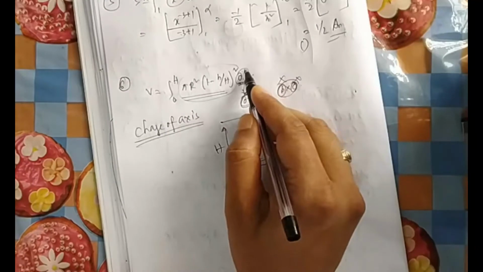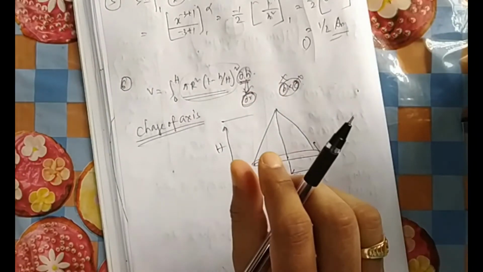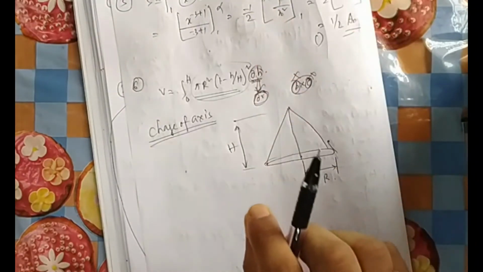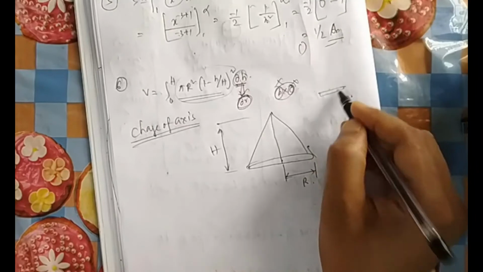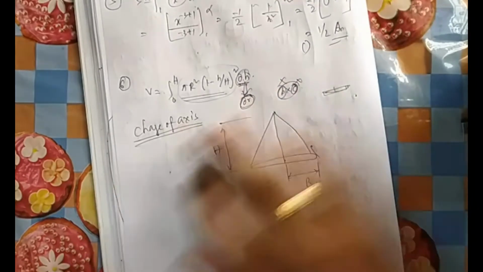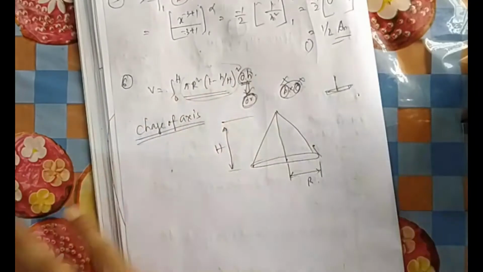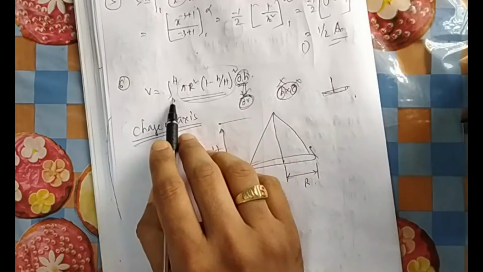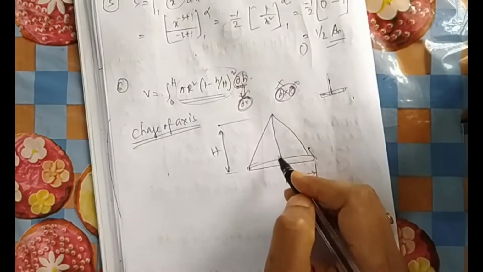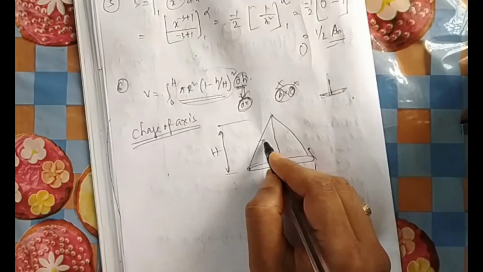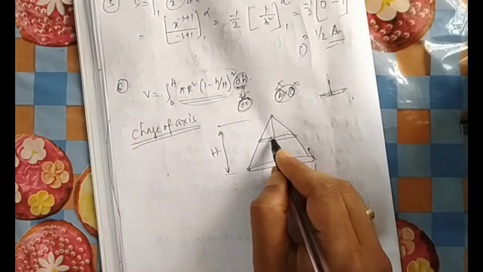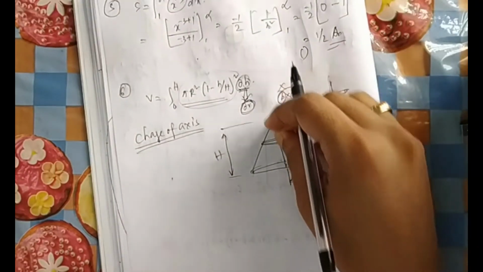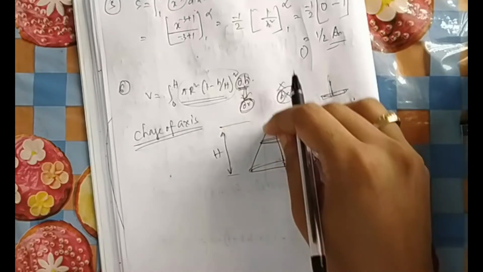So while integrating, you always think of a small parameter, a small box we take, then we move that box, or you can think of a broom. If you have taken a broom, then you are just sweeping that area. You have to sweep that floor with that broom. Now you have to think what type of broom it is, because you are moving the broom from 0 to H. You are changing the heights.